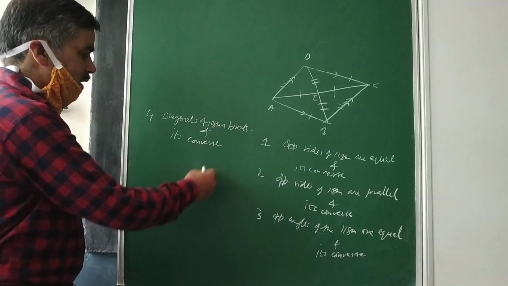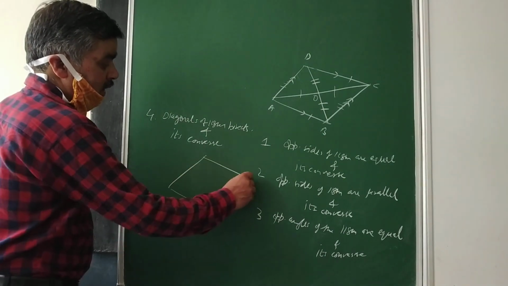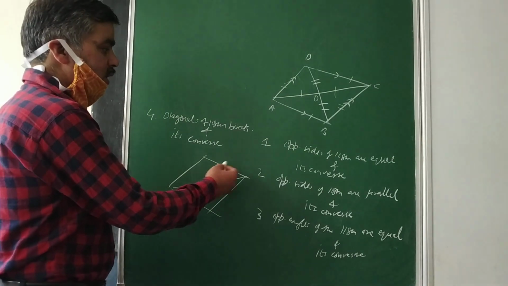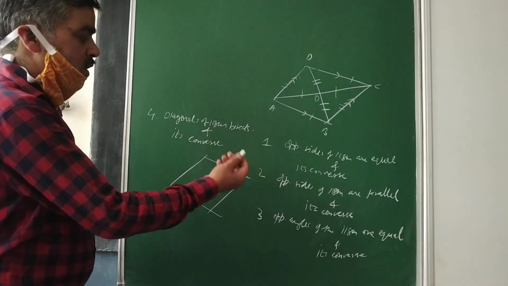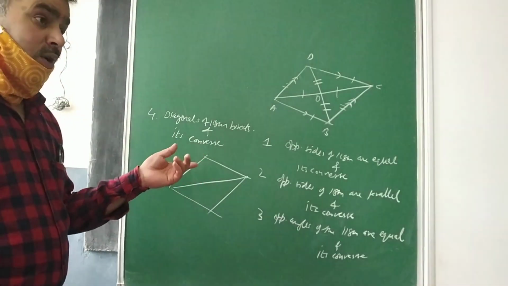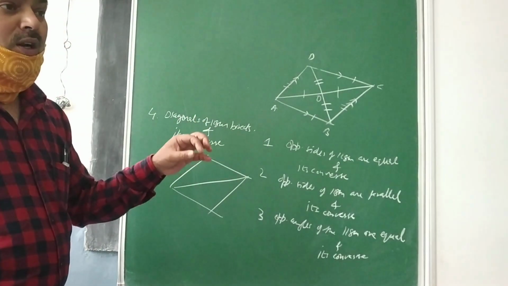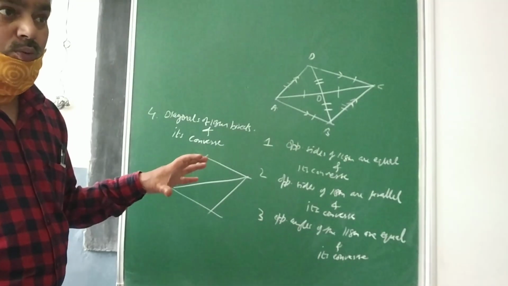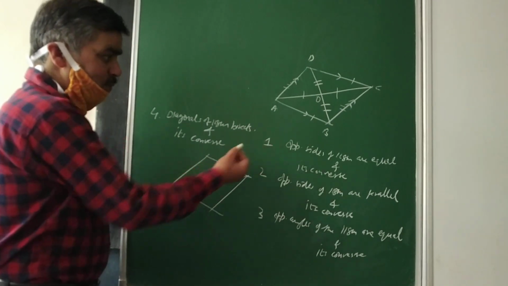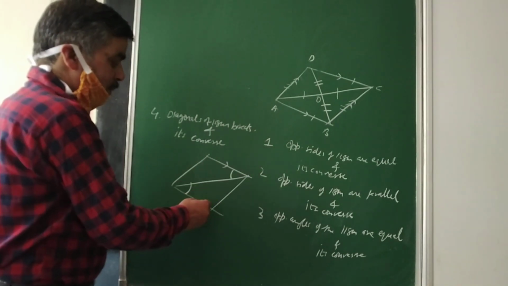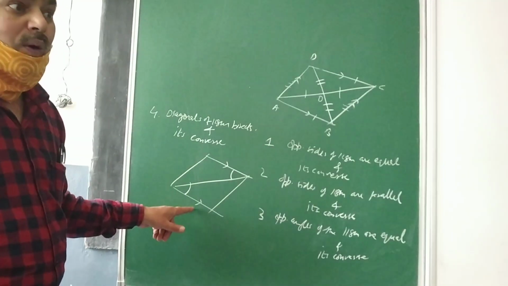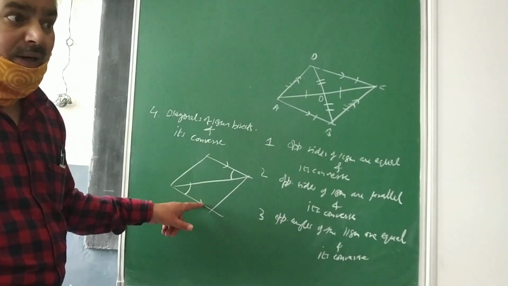What are the tools you have to use? Suppose you are talking about this: opposite sides of a parallelogram are equal. So you have to prove this. If you are going to prove the sides are equal, then you are not allowed to use the same property which you have to prove. But this is a parallelogram, so I know these sides are also parallel. I just cannot use the property of equality because that I have to prove, but at the same time I can use the property of parallel lines there.